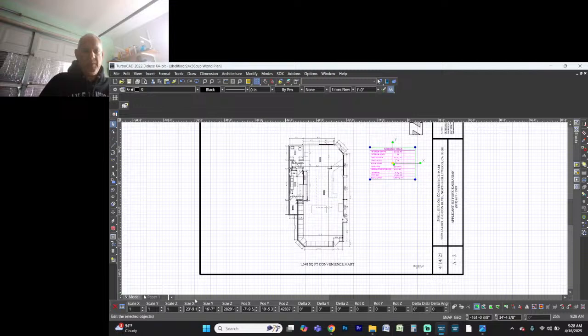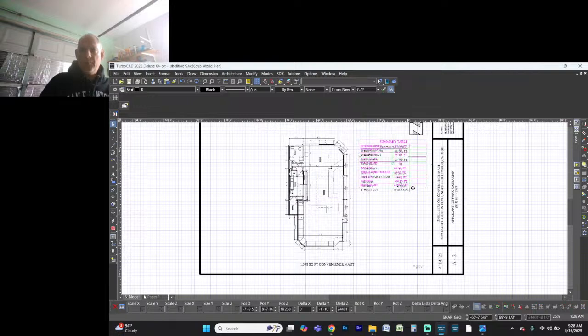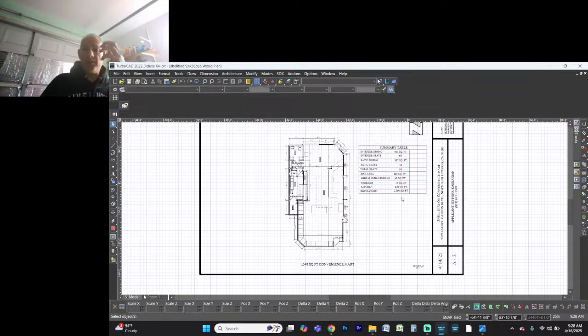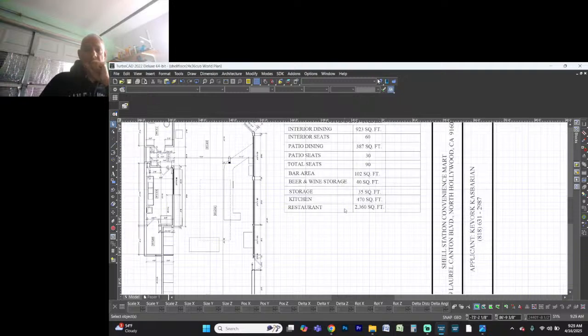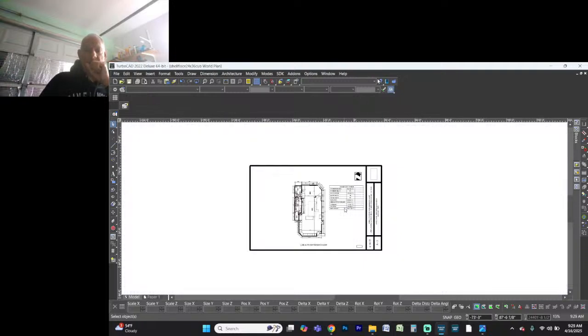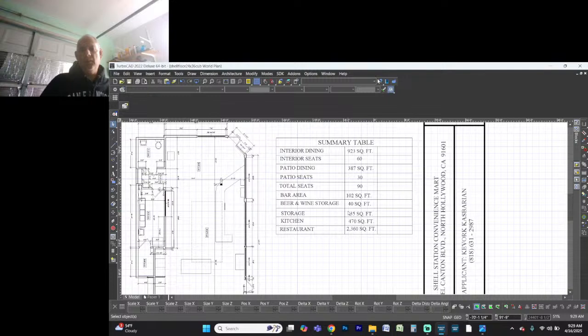I'll make it a little bit bigger. We do end up printing these hard copies, so the planners are going to look at the physical page. So this is a summary table because anytime we do alcohol, they want to know about the sizes